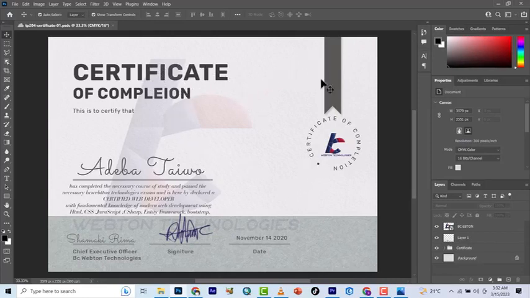So this is your panel section and this is your tools section. Okay, so first the workspace is the first thing you need to check. Now you can come here, there's a bit of an icon here called choose a workspace. There's a drop down button there. Once you click on the drop down button, you can choose a workspace within here. If you are not on essentials, you can just come and hit reset essentials. It's going to reset it to the default,